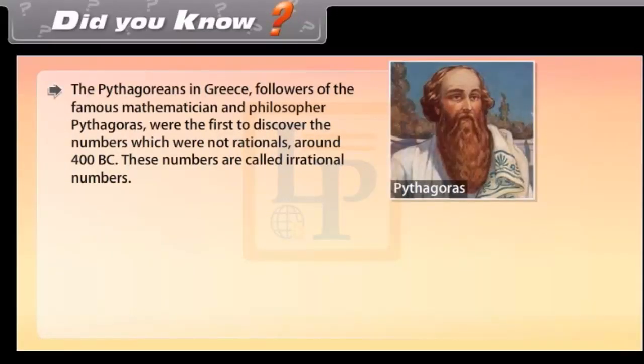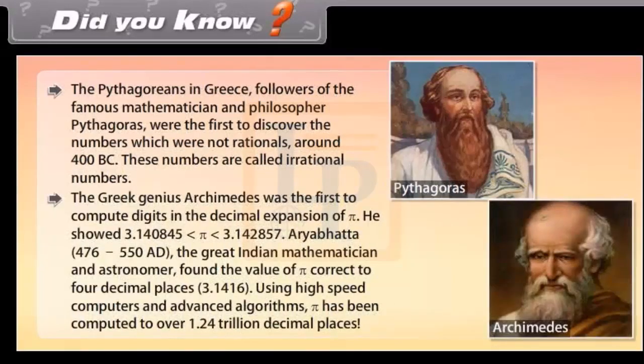Did you know? The Pythagoreans in Greece, followers of the famous mathematician and philosopher Pythagoras, were the first to discover the numbers which were not rationals around 400 BC. These numbers are called irrational numbers. The Greek genius Archimedes was the first to compute digits in the decimal expansion of pi. He showed